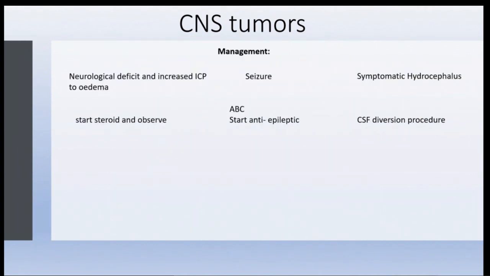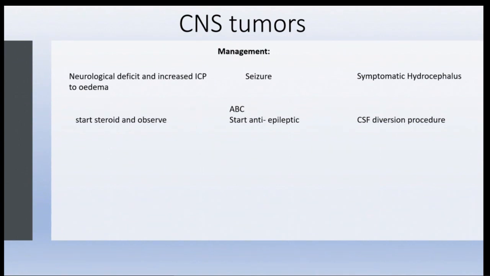So how would we manage these patients? First, it depends on how they present to us. If they present to the emergency room, they can present with three possible scenarios. The first one, which is very common, is seizures. If they present with seizures, we have to follow the seizure protocol in our hospital. Whether they have status epilepticus, you go with the ABC and then you start anti-epileptics, and you do all